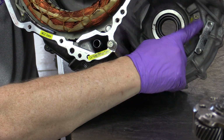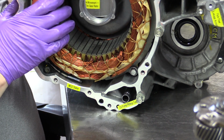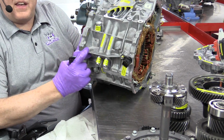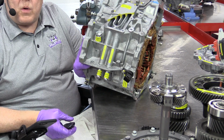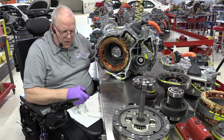This code is in a different location. It's down here by the final drive CV shaft on the driver's side of the vehicle, rather than on the front of the Transaxle next to the coolant pipes, which is where that 3-digit code was on the P111. Right down to the bottom here,